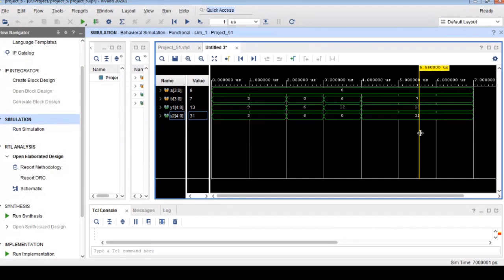What was the radix you said for y2? Actually, now you check in the unsigned number. Unsigned decimal, right, sir? It is proper. 31, sir. The 31 will be your result here in our VHDL programming.